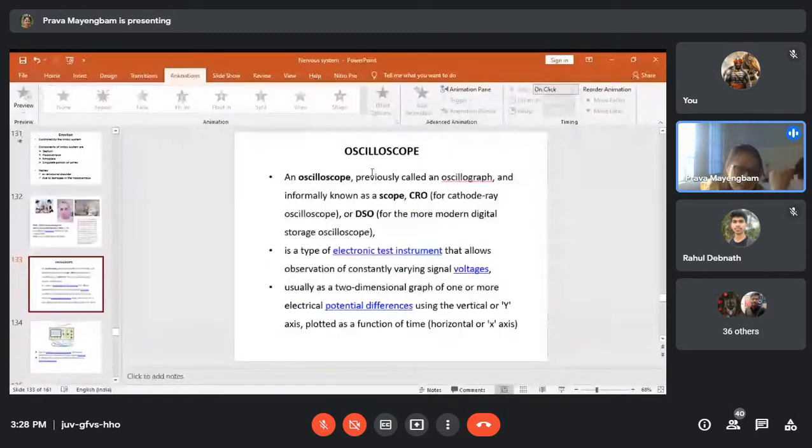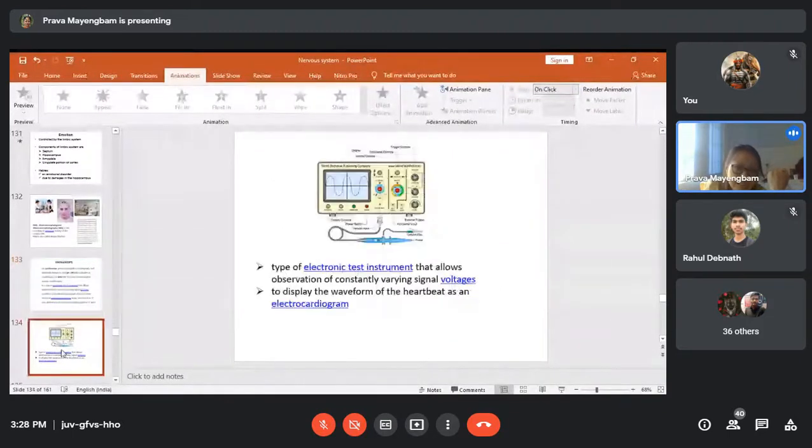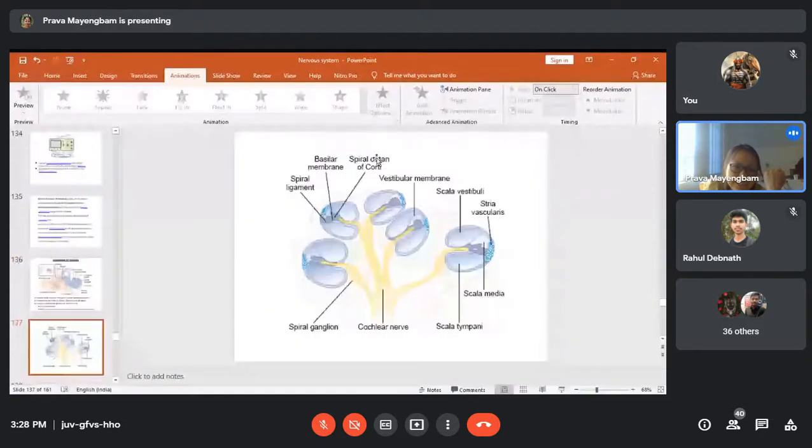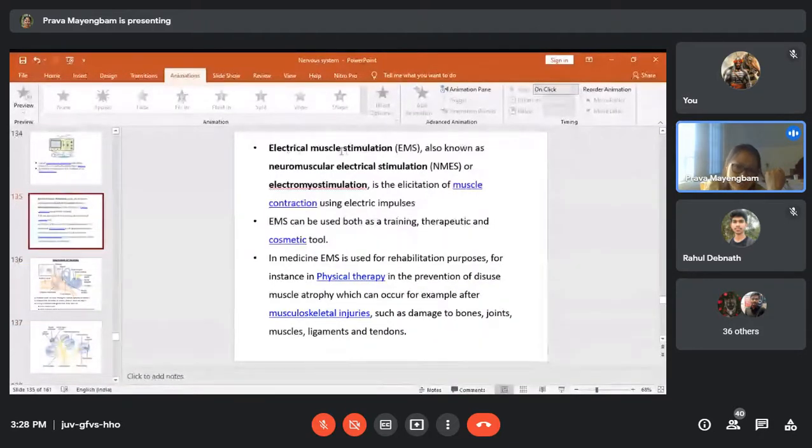Second one, that is electrical muscle stimulation. This is EMS, also known as neuromuscular electrical stimulation, NMES. You may be asked, what is EMS? What is NMES? It is electrical muscle stimulation, also known as neuromuscular electrical stimulation or electromyostimulation. In this, it can elicit muscle contraction using electrical